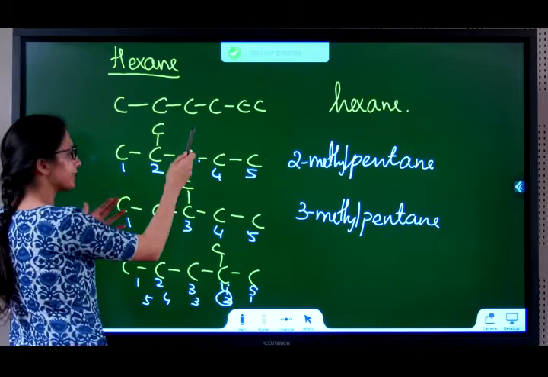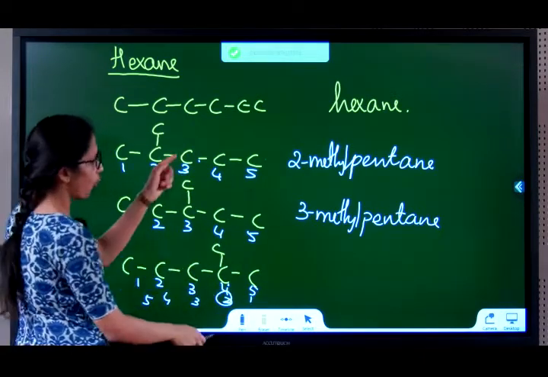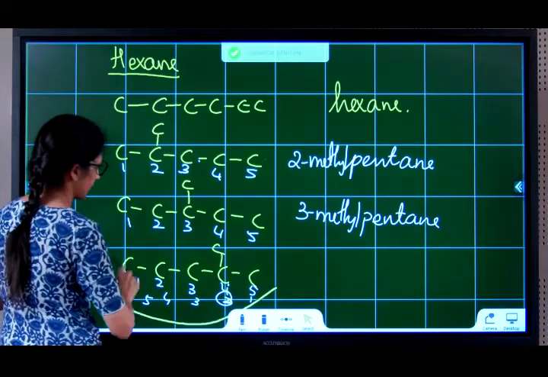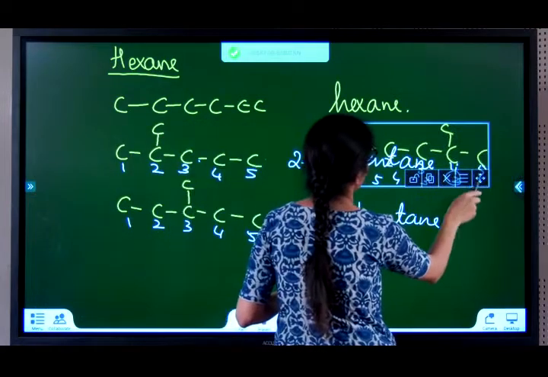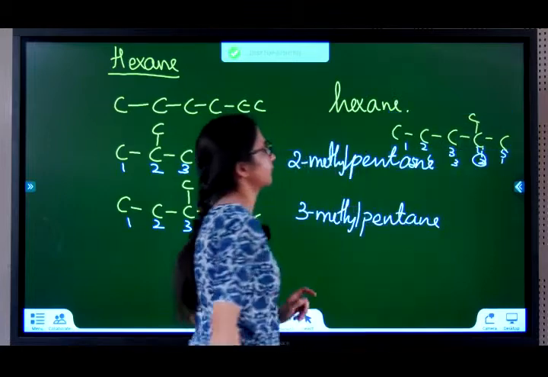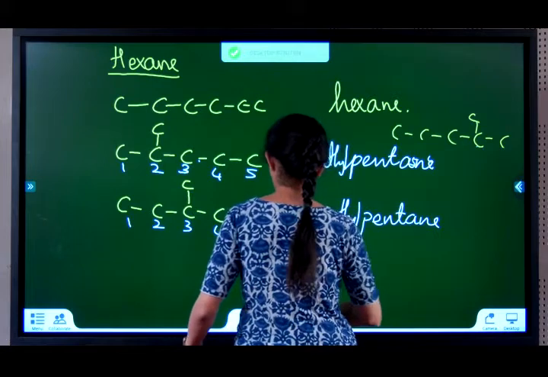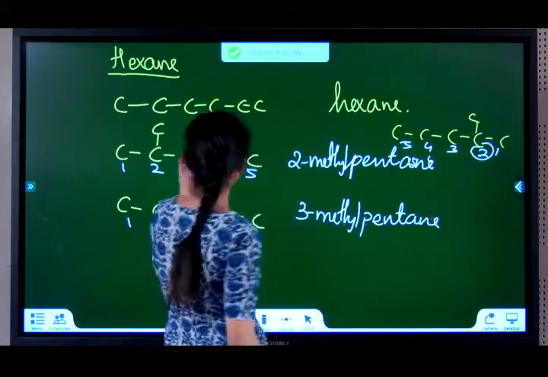Ma'am, can I write this instead of this? Please feel free to do that. You can write this or this, any one. Okay? So, this one I will just put it aside so that you know that you can write this also. I am putting it over here. This is allowed. Fine. Went to the numbering 1, 2, 3, 4, 5. Any one you can follow.